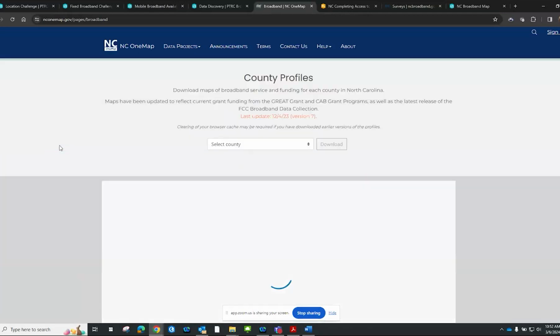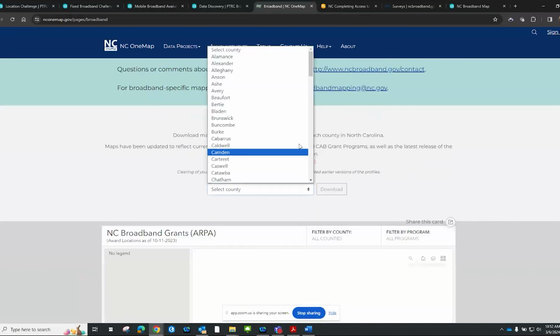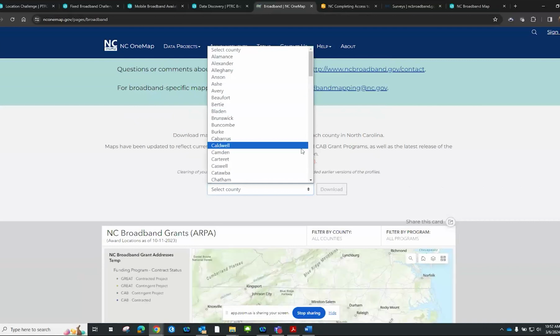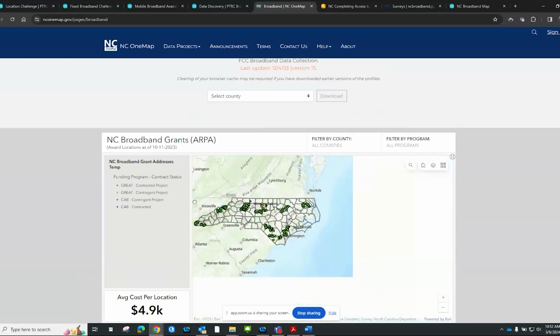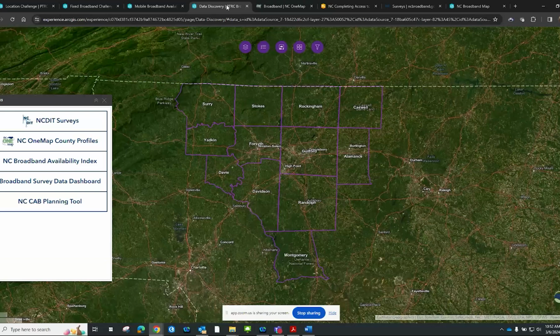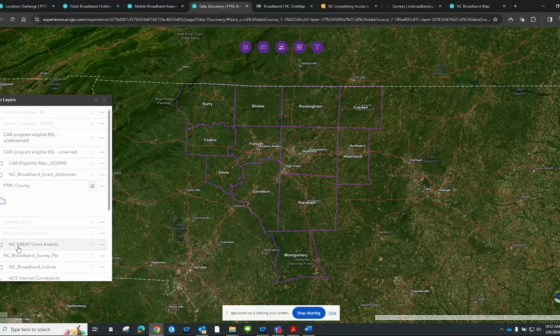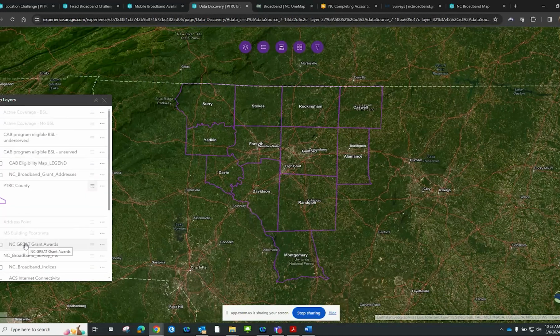One of the places where that data is available is this NC1MAP page. You can see it's a great, easy-to-use page where you can download all that data by county. And there's the grant page. I also have this data in the app as well, but you can get to it here. It's really a nice little one-stop shop for everything you need to accomplish stuff. And like I said, a bunch of different data in those links is also available on this page to do your own type of analysis in a PTRC county, including the CAB